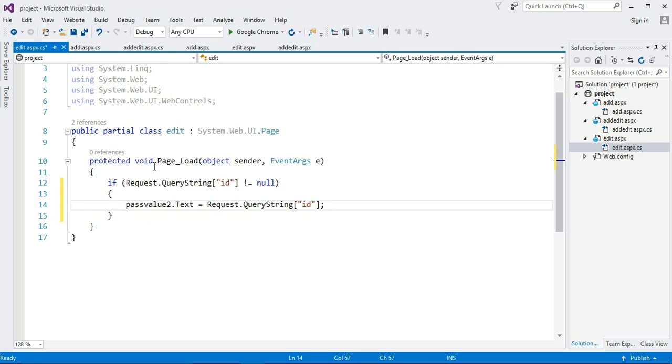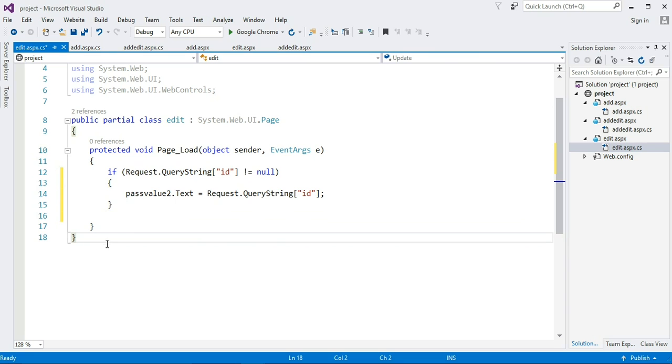Now I want to show data related to the option which I selected on the drop down list in all text boxes. So for that we have to use a data reader, or you can say we have to show data in text boxes related to this text box value. So for that we have to use a data reader. How to do it? Let's see. Now we have to create one function.